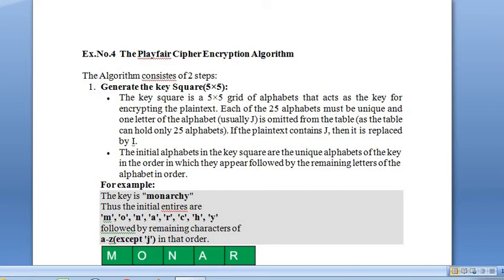It acts as a key for encryption of the plain text. We use this key square to produce the ciphertext.